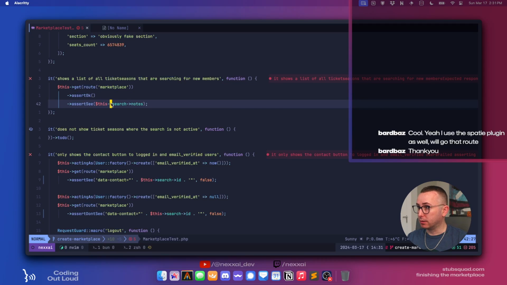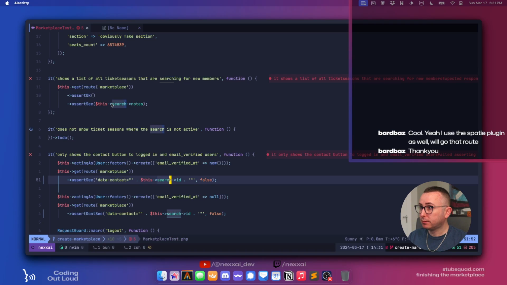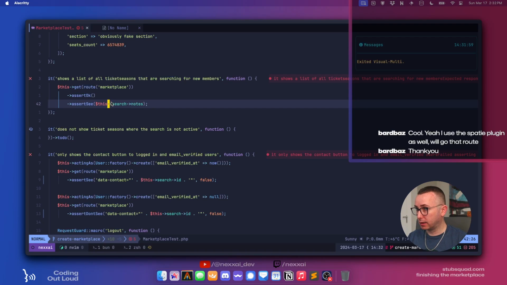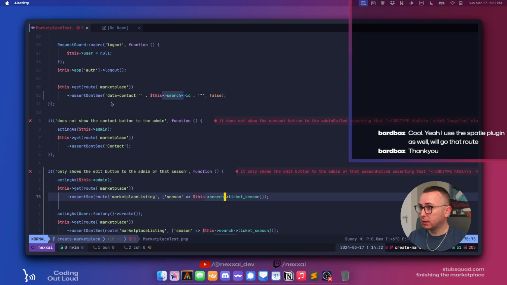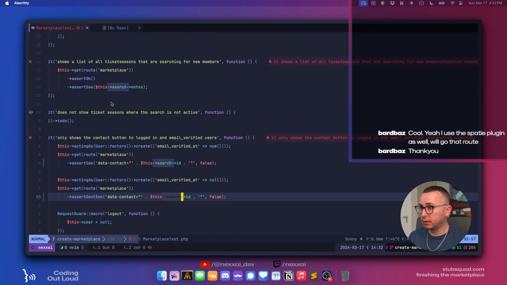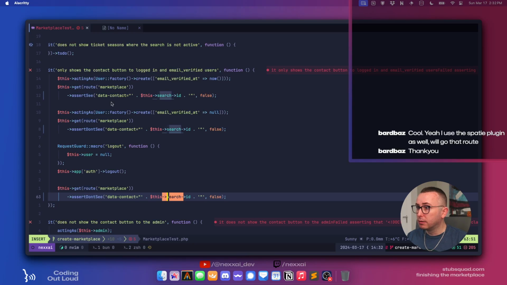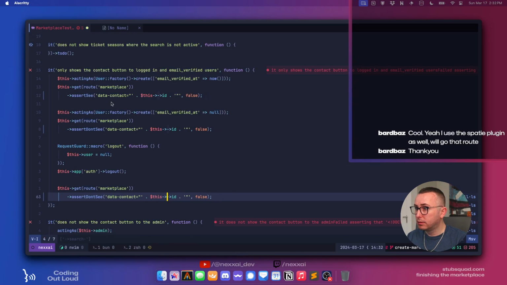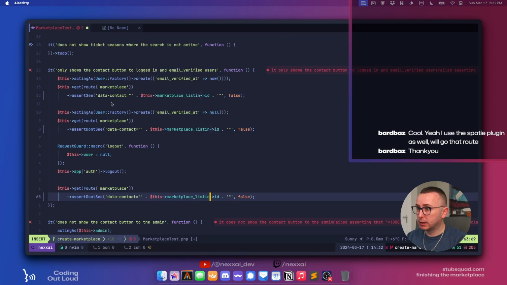Right, okay, so we want to, let's go like this. Visual mode, all these, anywhere where it's dash search, we want to change this to marketplace listing.